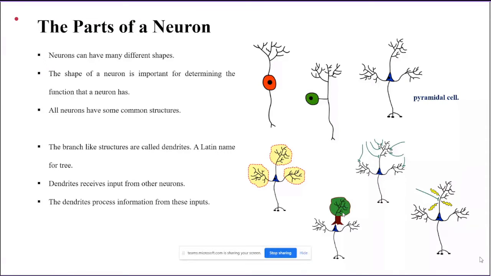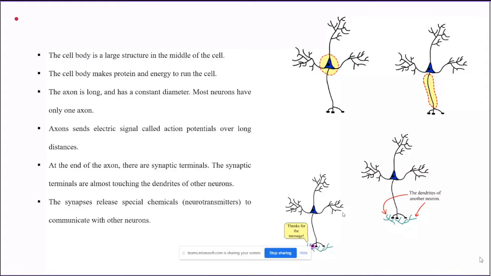Dendrites receive the input from other neurons, and these dendrites process this information, and then it is passed to the cell body, where the cell body will do some activation. The basic purpose of a cell body is to make proteins and energy to run the cell. Similarly, in an artificial neural network, the weighted sum is passed to an activation function, which will trigger the output, which means it may pass the output to the next neuron, or it will hold there.